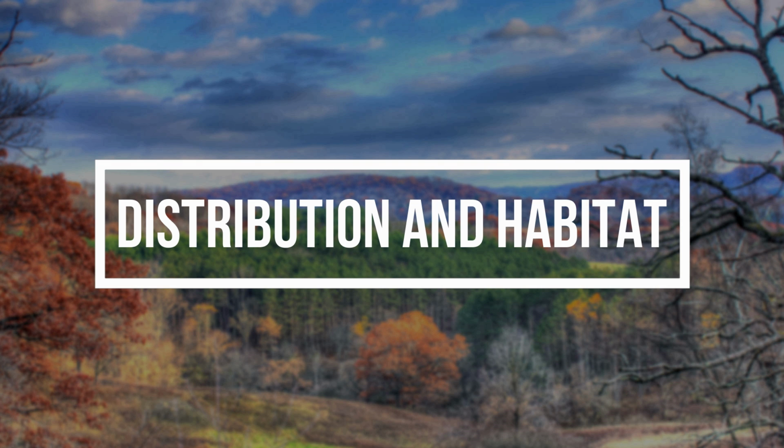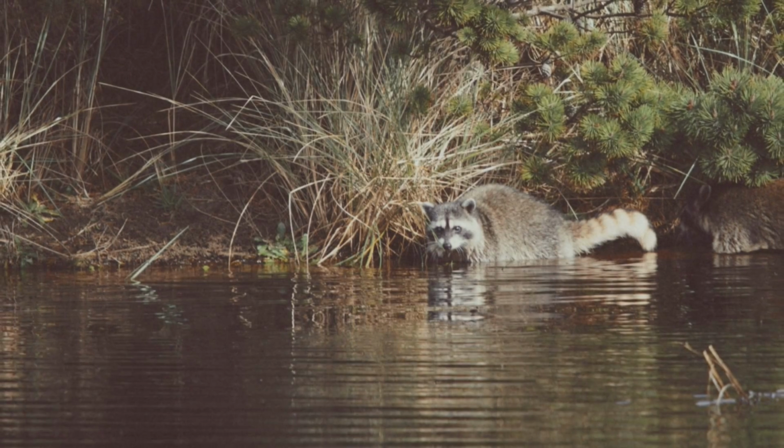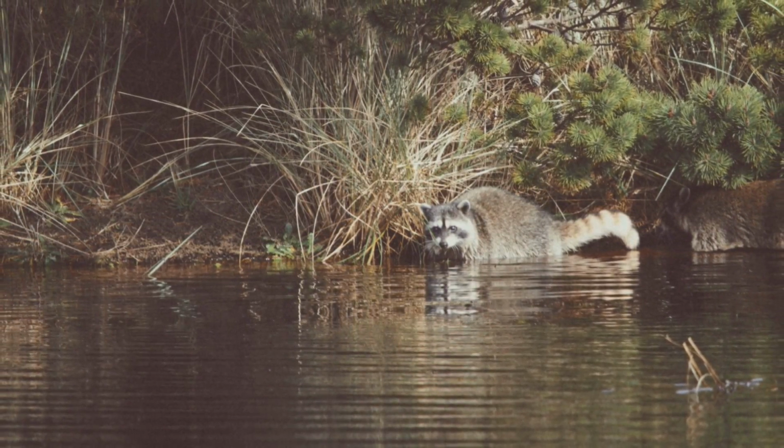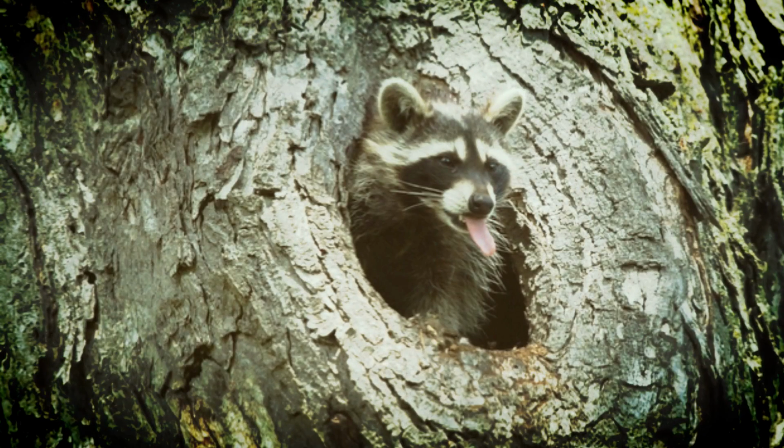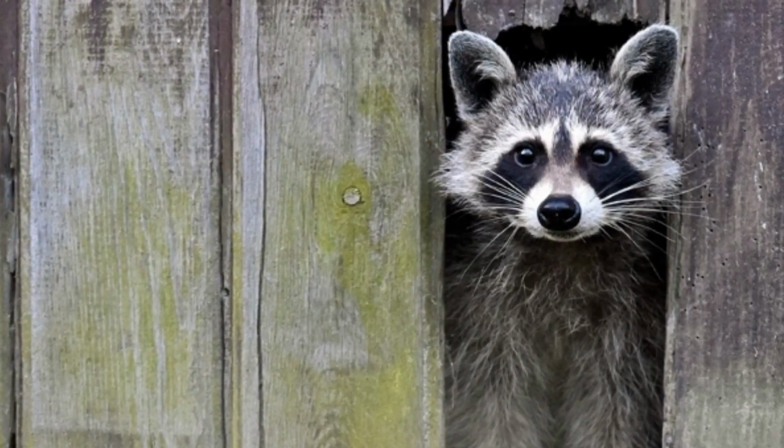Distribution and habitat. Raccoons are found in North and Central America, Europe and Japan. They are very adaptable, so they live in a wide range of climates and habitats. They typically make homes, called dens, in trees or caves, though they will also make homes in barns, abandoned vehicles,